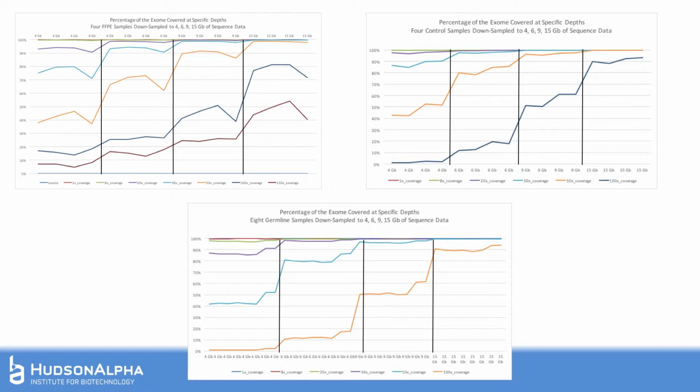So this chart, I'll walk everybody through it, and then I'll explain why I made this not really complicated, but sort of bizarre looking chart. Each of these bars delineates the replicates. So this is the 4 control samples. This chart is all the FFPE samples, and this chart is the 8 germline samples. This is 4 gig, 6 gig, 9 gig, and 15 gig, and then what you're looking at is percent of bases at 150x coverage, 100x coverage, 30x coverage, 20x coverage, and this is 4x and 8x,